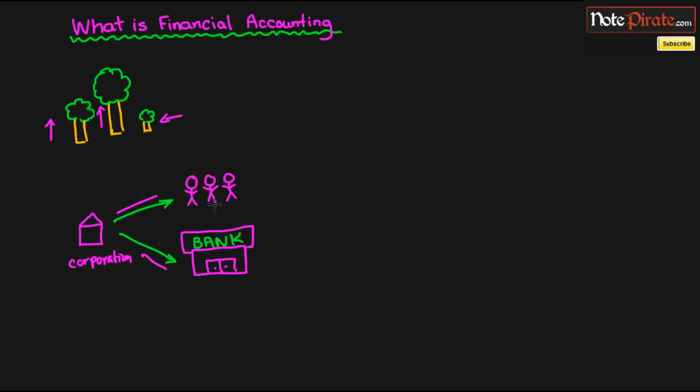And of course the idea is that in order to get funds from either the venture capitalists or the bank, we're going to have to show them some type of proof, because they're going to want proof that our company can realistically perform operations and pay them back with interest, so they actually make a return on their investment. So they're going to want information to decide, and the kind of information I'm talking about are financial statements, which are a part of financial accounting.